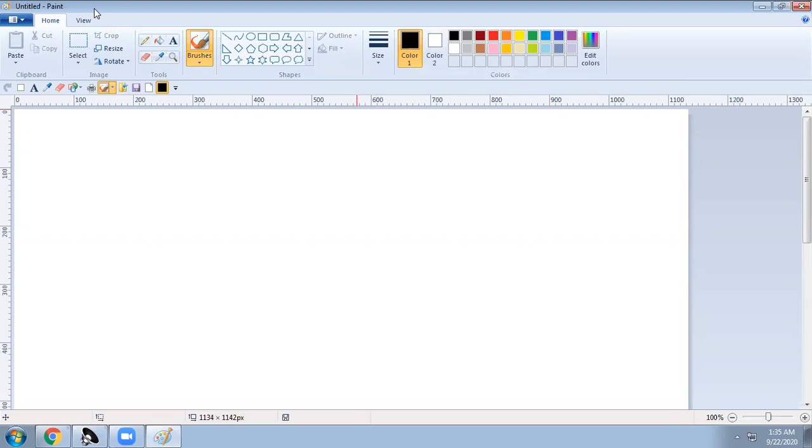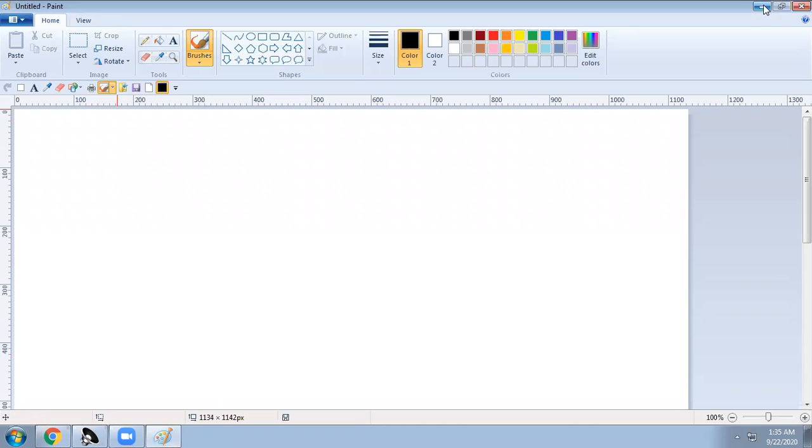This is the toolbar, and this is the taskbar. This is nothing but the title bar, I can say. Sorry. So this is the menu.